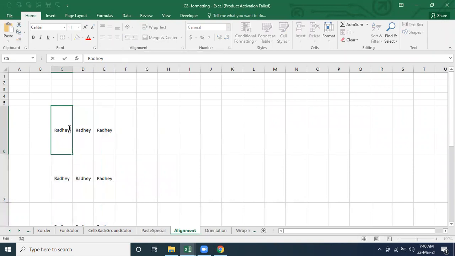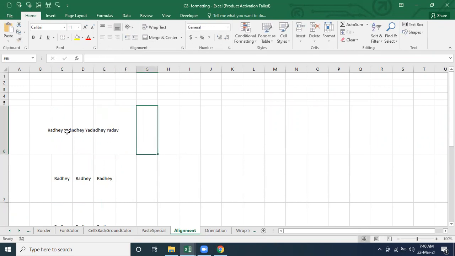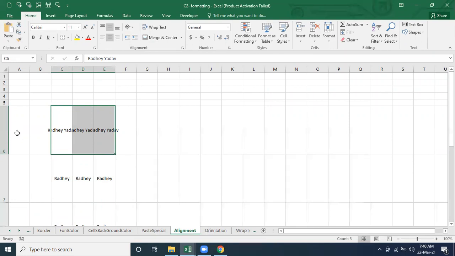So let's say if the text is not visible in this cell, it is not going to be visible, right? Whatever text is there is not going to be visible. So what wrap text does is make it visible in the cells. Whatever row width is there, within the same width, it is going to increase the row height if the text is not visible. So let me make it, just see.